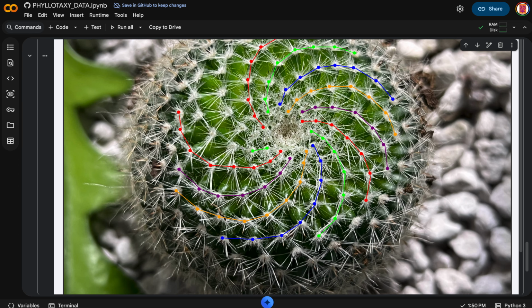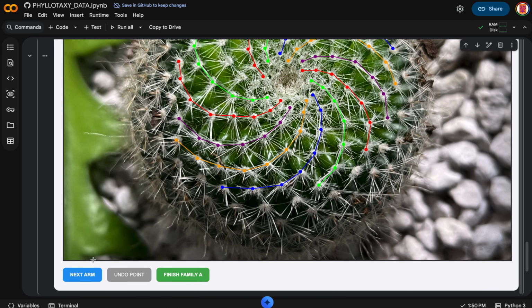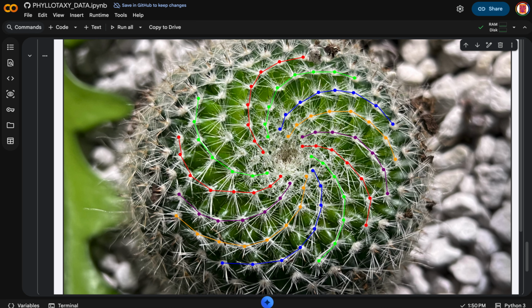And now you can see that we're almost done. We're getting towards the end here. Now you hit next arm again, and we do now the final arm. Okay, for the final arm,